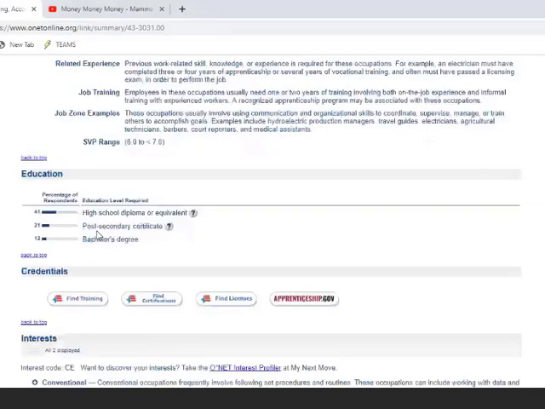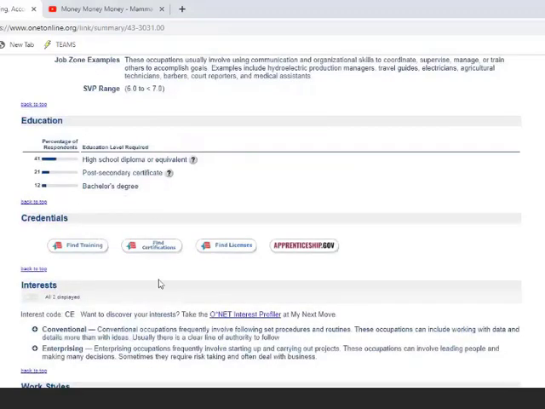Now then, it comes down to talking about education and what type of education is needed. You can have just a high school diploma or equivalent, post-secondary certificates, or a bachelor's degree. And you'll notice that most of the jobs actually only require your HSE. Part of them require the post-secondary certificate, and then a smaller portion actually requires a bachelor's degree. So this is something that our students can look at and say, well, could I apply for a job like this? Well, yeah, actually they can once they get their HSE.